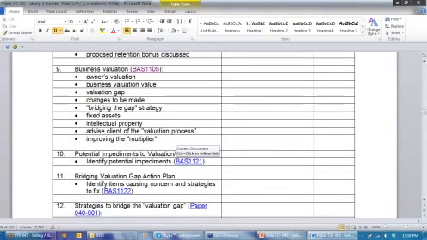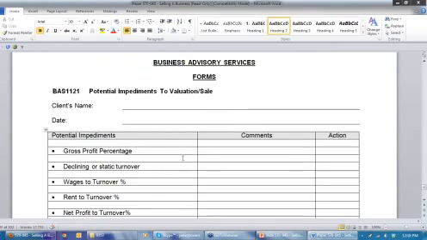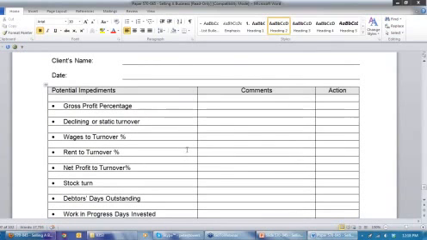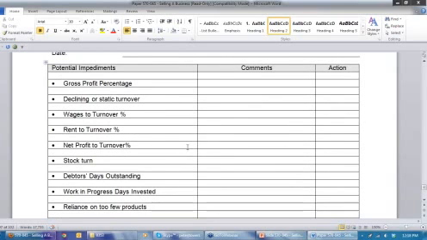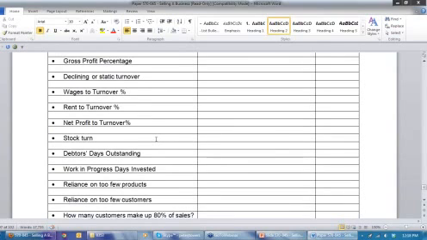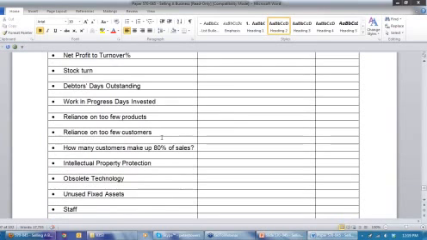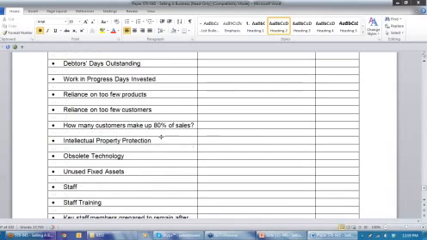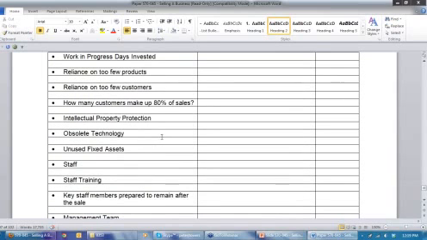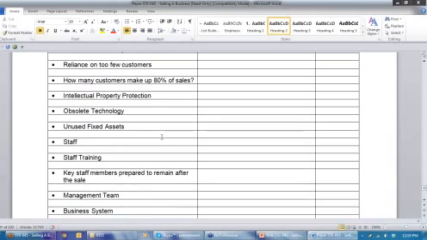What are some of the impediments to the valuation? We've listed some items there that you might use as a checklist. Gross profit percentage. Maybe the turnover is declining. Wages to turnover might be too high. Rent. Stock turn. Is there too much money tied up in stock? Are the debtors' days outstanding too high? Are they even higher than the Dun & Bradstreet national figure of 55 days at present? Work in progress. Is there reliance on too few customers? These are some of the issues that you might want to look at in having that conversation with your client